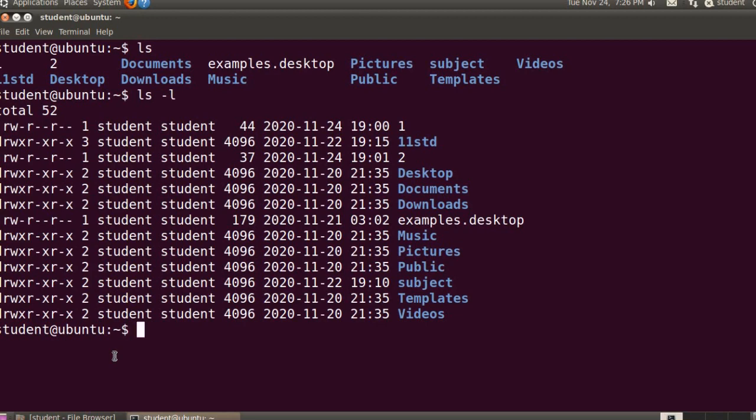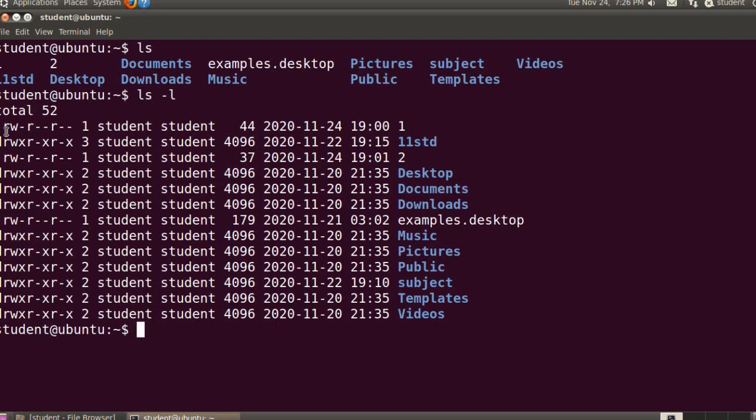So I will try to explain with the first example. The first hyphen, that is the minus, is the type of object. It displays the type of object. The character hyphen in the first column refers to a file.